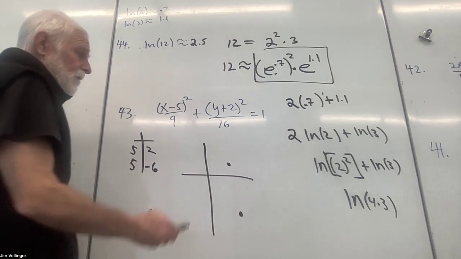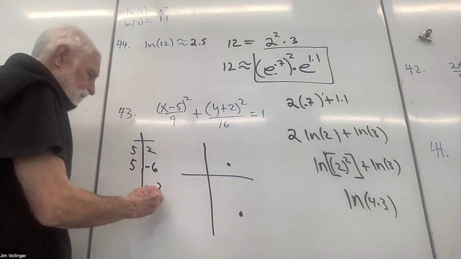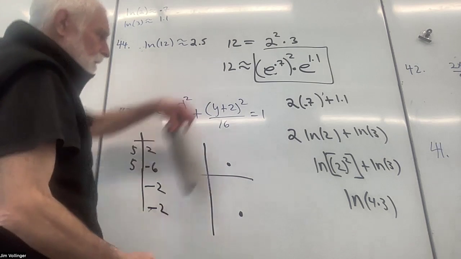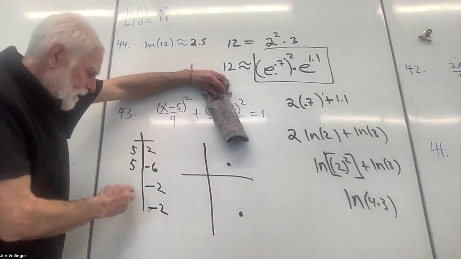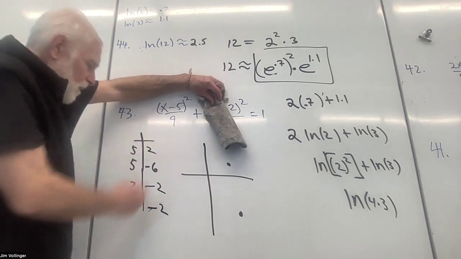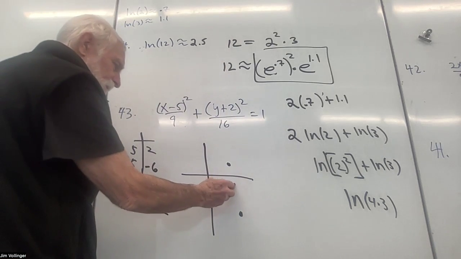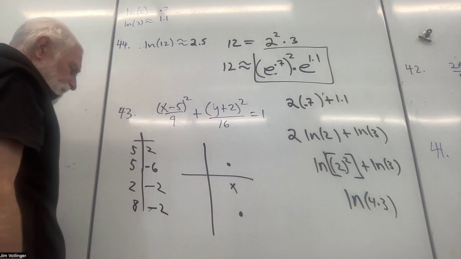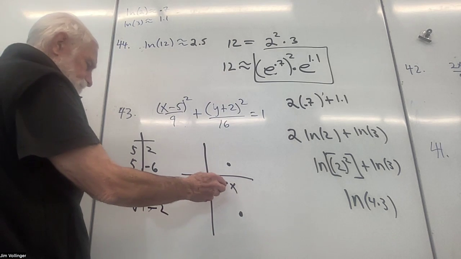All right. Now, I could have also done it with the y values by letting y equal negative 2, and then that's gone. I need the parentheses to be 3. Well, I can see a 2 makes that happen because negative 3 squared is 9. And I can also see an 8. So negative 2 is about here. That's the center. I think that's the center here. And 2, negative 2 is,